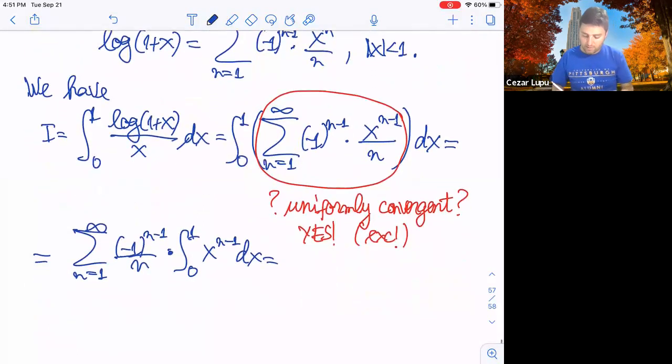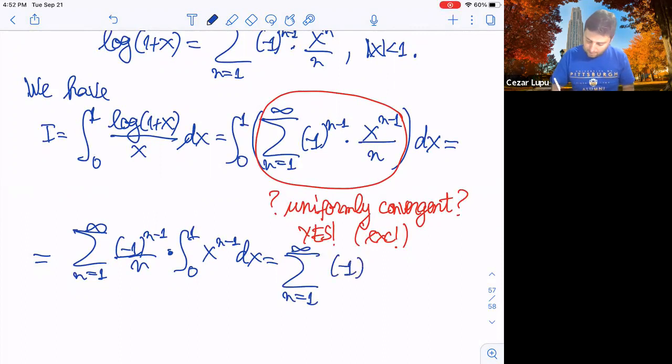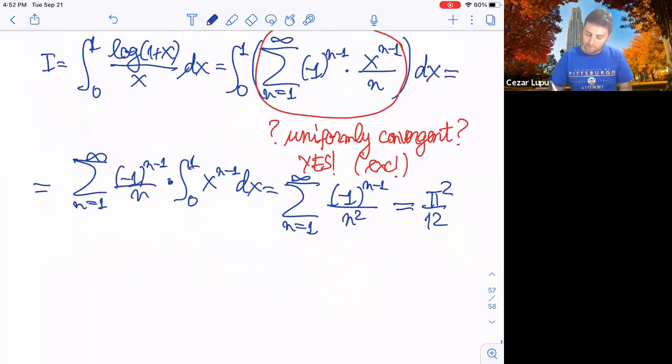And this would give us 1 over n squared. And I'll leave this to you as an exercise to show that this is pi squared over 12, right? Because we use this